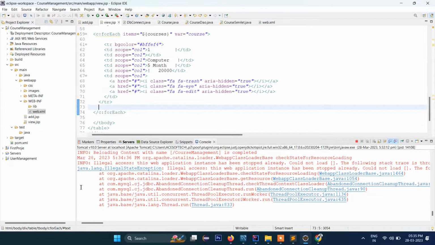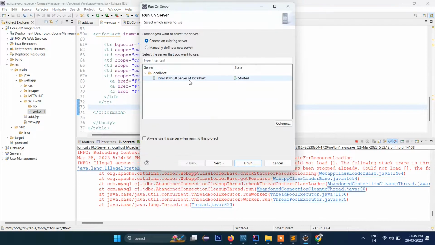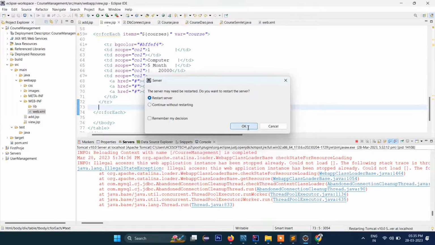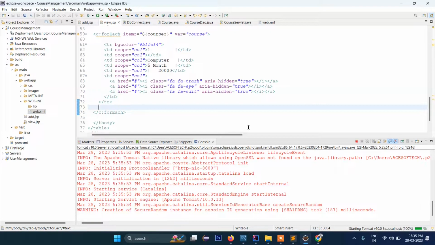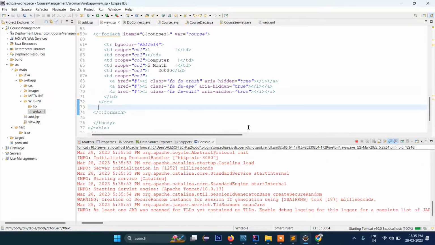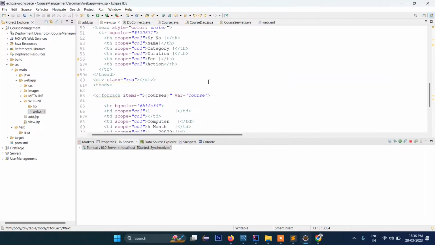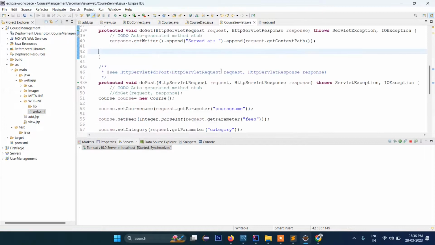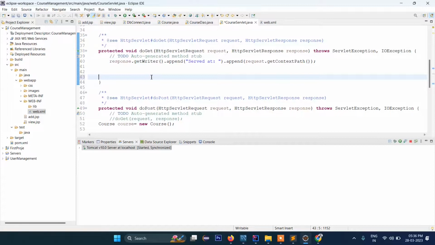Now if you open this page directly, then it won't show anything. Run as server. So you can see it is showing blank. So what we need to do, let's go here, and then inside our controller here in the get method, we will have to write here request dispatcher